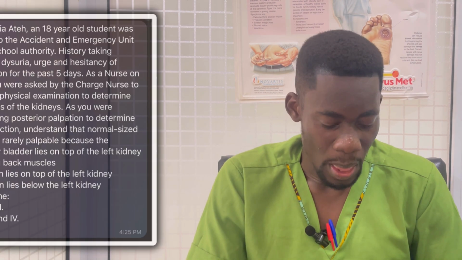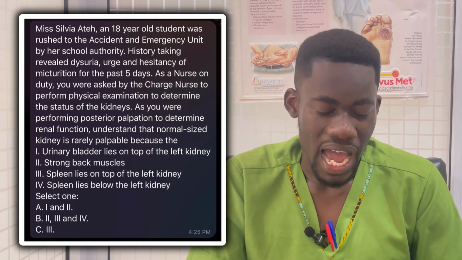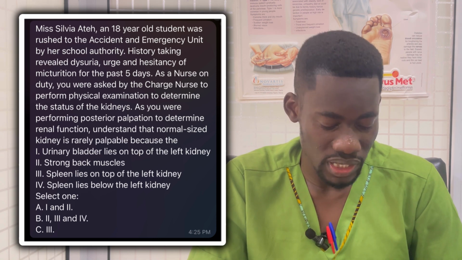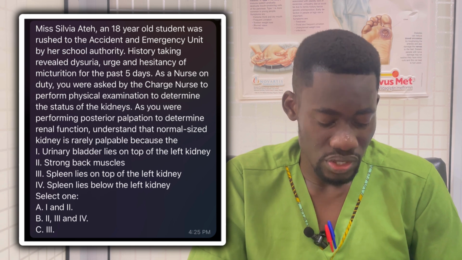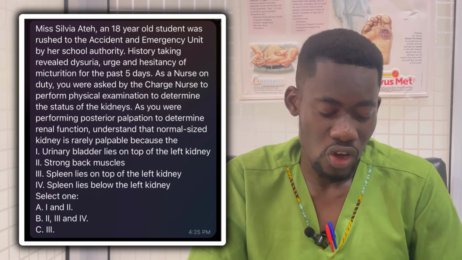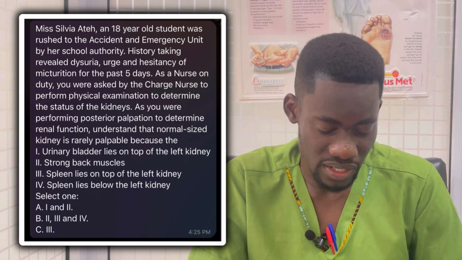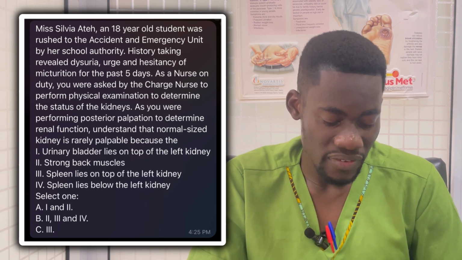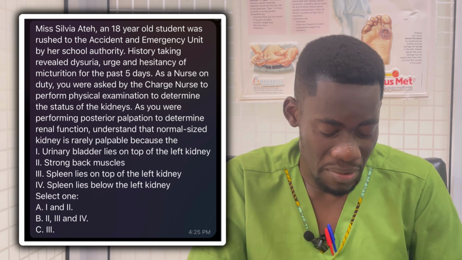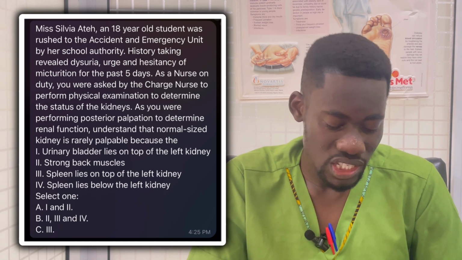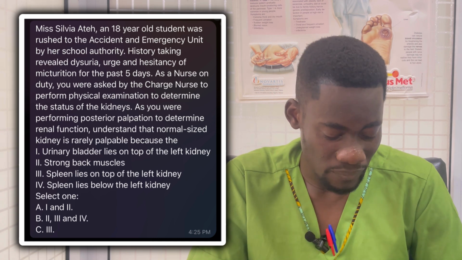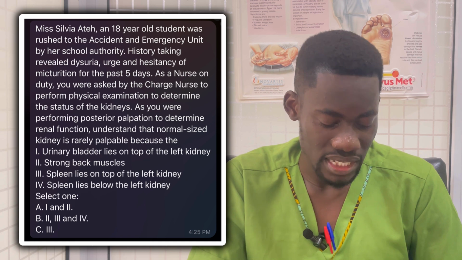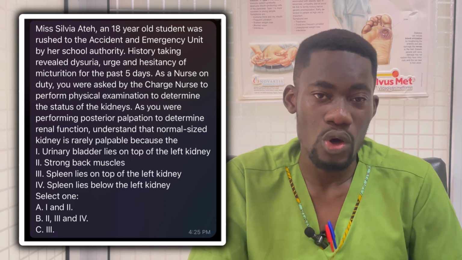Next question. Miss Sylvia Ate, an 18-year-old student, was rushed to the accident and emergency unit by her school authority. History taken revealed dysuria, urgency, and hesitancy of micturition for the past 5 days. As a nurse on duty, you were asked by the charge nurse to perform a physical examination to determine the status of the kidneys. As you were performing posterior palpation to determine renal function, understand that a normal sized kidney is rarely palpable because